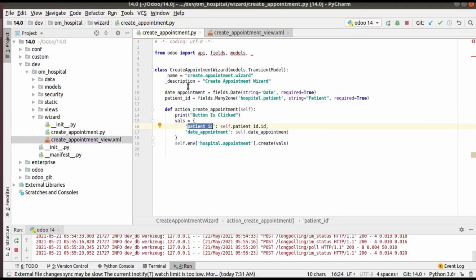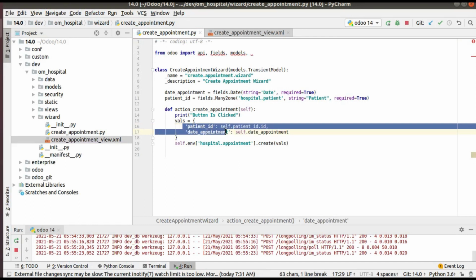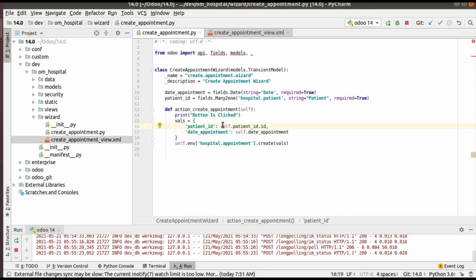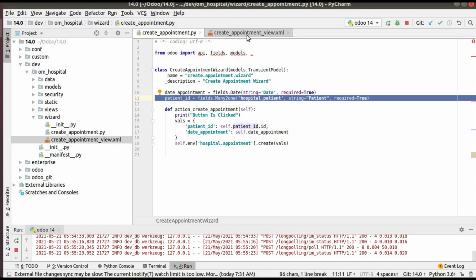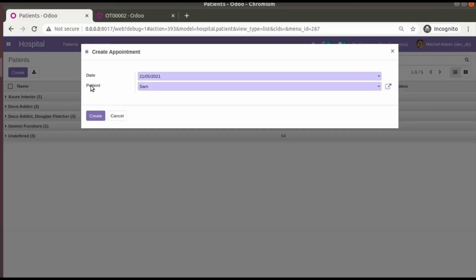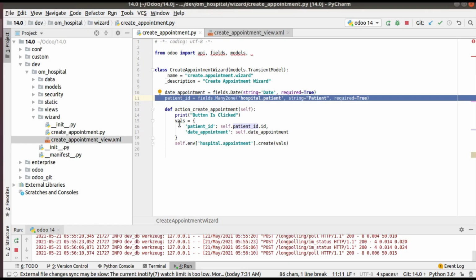We have successfully set the keys, and the value for the first key is self.patient ID, which will give the value that we have selected inside the wizard. When you call self.appointment date you will get the date value. So we have created a dictionary.